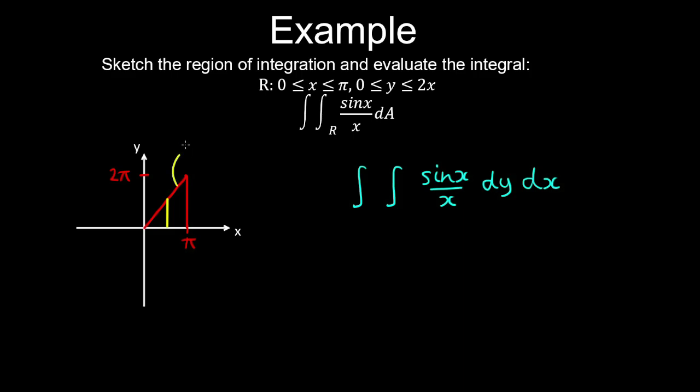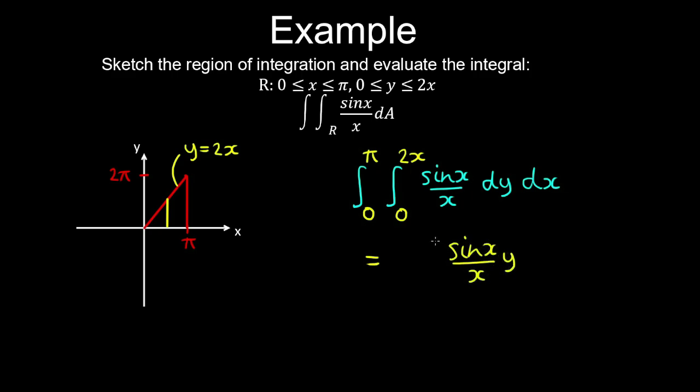And given this line is defined by y equals 2x, then we integrate from y equals 0 to y equals 2x, and then we integrate from x equals 0 to x equals pi to include all those vertical cross sections. So what we get is sin x on x